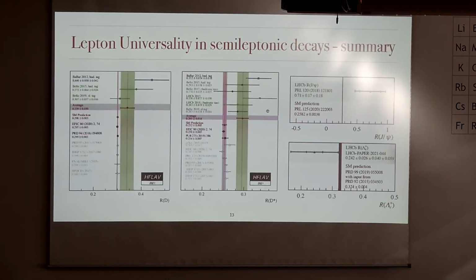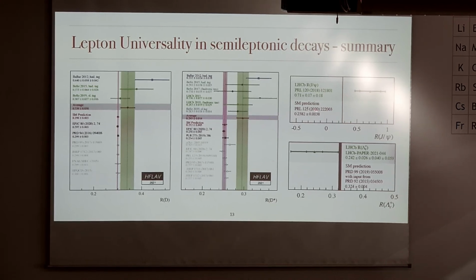And again, the executive summary of this is all of these tables. So in these purple bands, you have the standard model predictions. And then in the green bands, you have the combination of all of the different measurements. In some cases, there is only one measurement so far. This is the one-dimensional version of this thing. So you see that there's a gap here between the standard model and the measurements, but many of these measurements